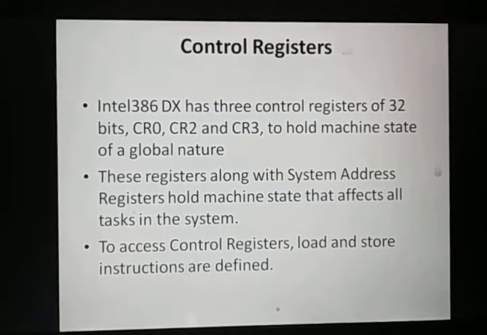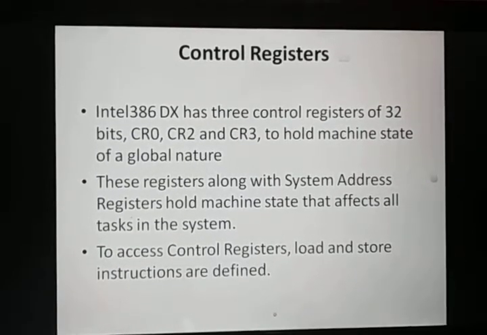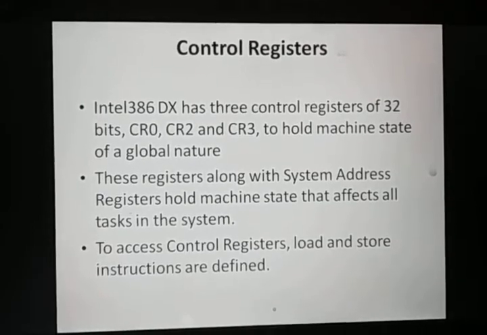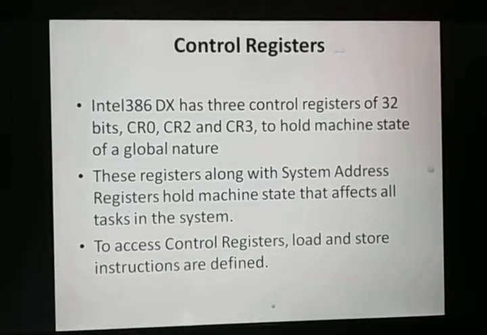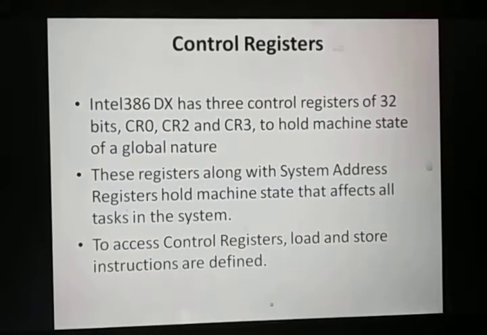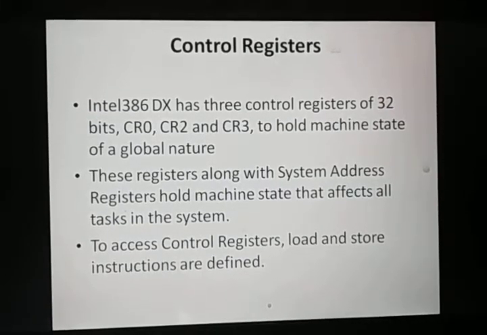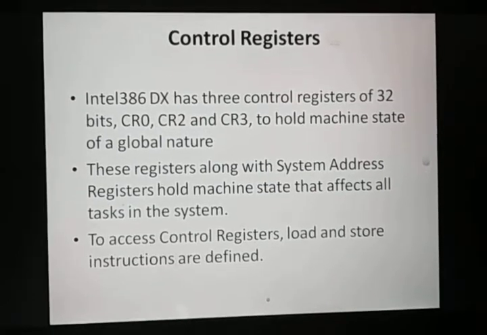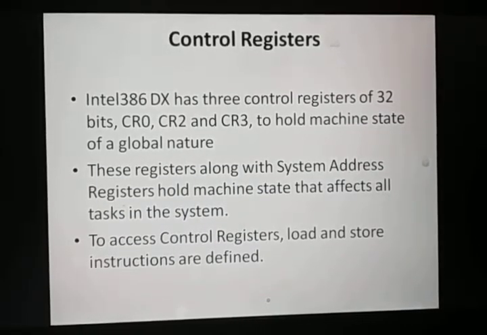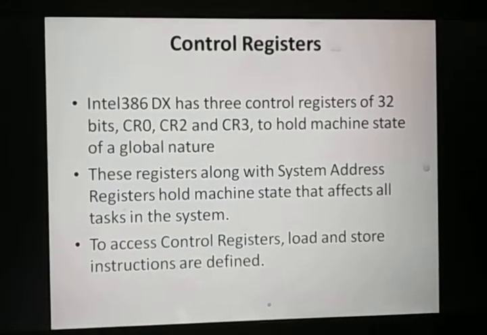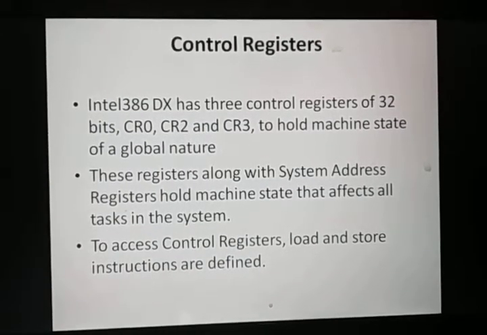Basically the 80386 has four control registers, CR0, CR1, CR2 and CR3, but CR1 is not used by the processor, so we are not discussing it. These registers, along with the system address registers, hold machine state that affects all tasks in the system. We will discuss every bit in these registers one by one, how they hold the status of the machine